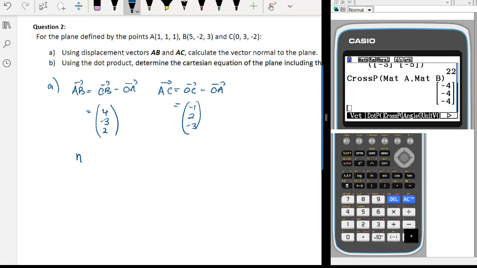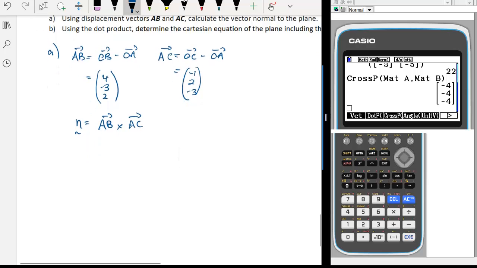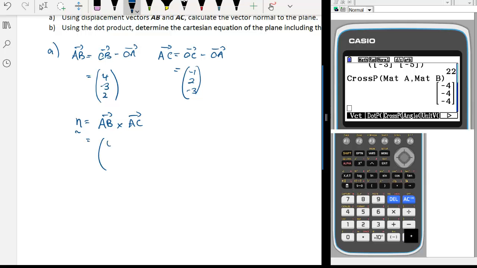So now when we try to find our normal, and we're looking at AB cross AC, this is a tech active question, I'm just going for 4, -3, 2 cross -1, 2, -3. This makes my life much easier. I can say cross product, and